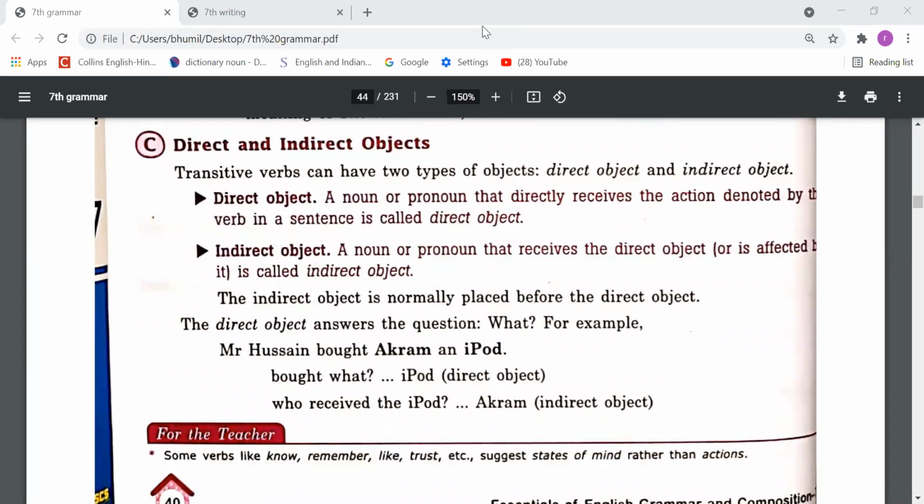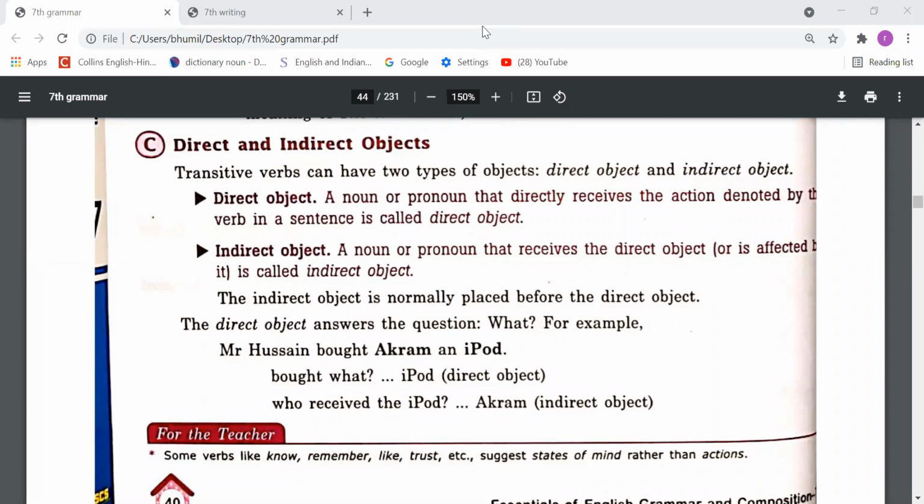So dear students, we have to understand here that we can use an indirect object also. Indirect objects are like human beings. So when we use objects in our sentence, if those objects are non-living things, they are called direct objects. If those objects are living things, living beings, then those objects are called indirect objects.